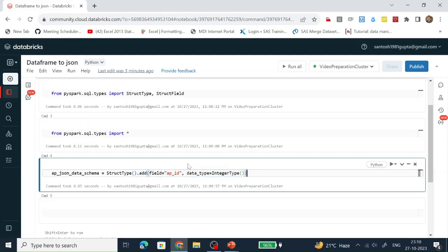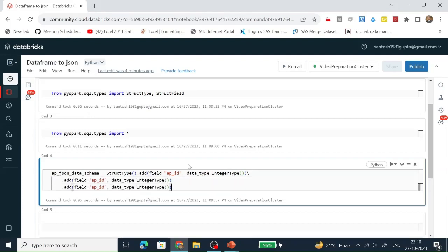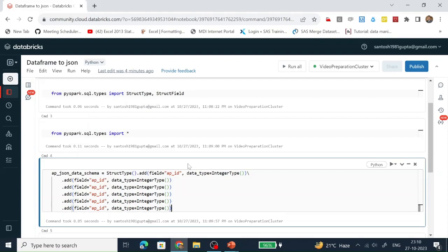For the next line, we are using this backslash. So this AP ID is of integer type. Second column name is AP name and the data type is string. Third is gender, data type is string.